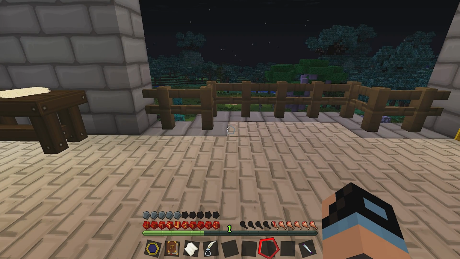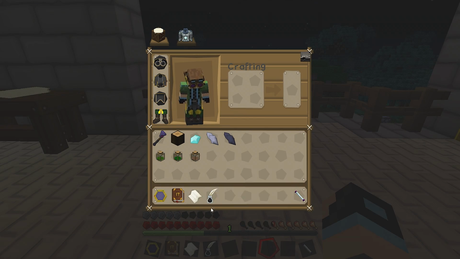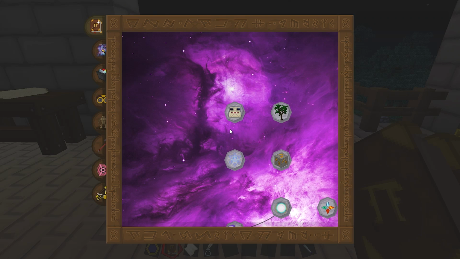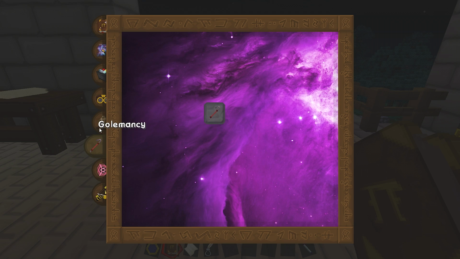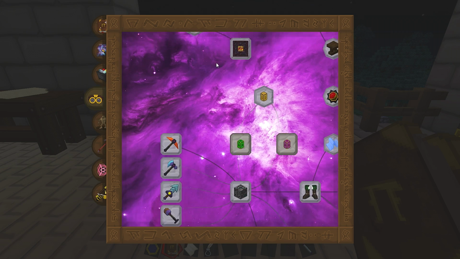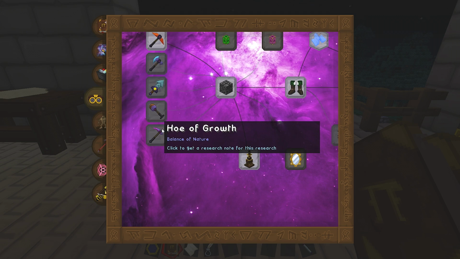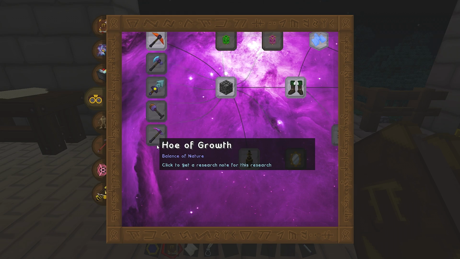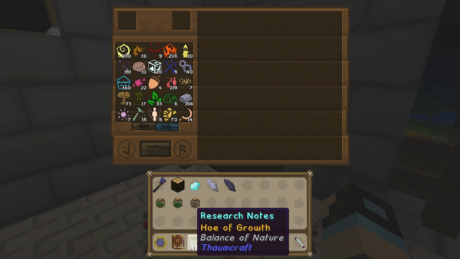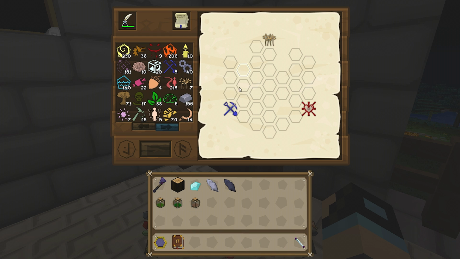aspect. So first what you want to do is get your scribing tools and your paper, then go into your Thaumonomicon, and I believe yep, so first we're going to need to go into Artifice, and on the left here we want to create a Hoe of Growth. So click to get the research, then put the research notes and the scribe tools back in there, and you'll